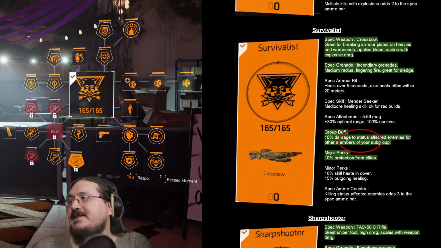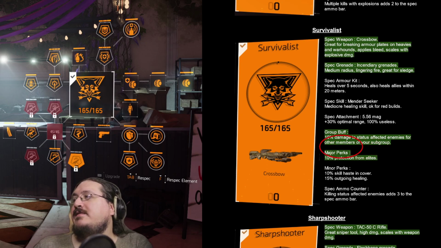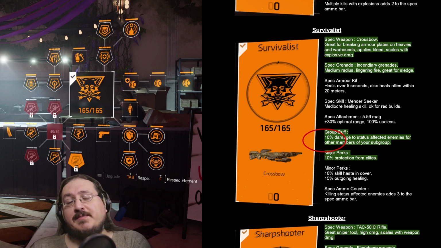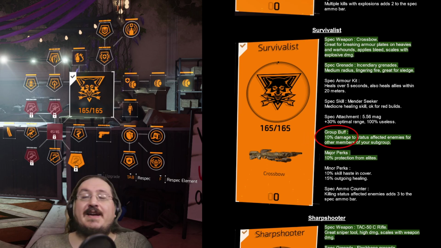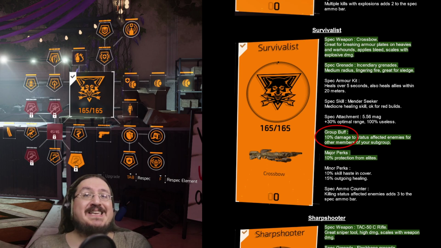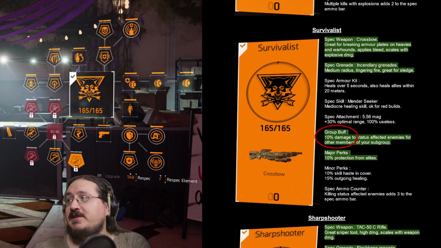Then as the group buff, this has one of the best group buffs, which is that it gives 10% damage to status-affected enemies for other members of your subgroup. So again, it is for other members within your subgroup, and only your subgroup, so not, for instance, an entire raid or the entire countdown, but only your subgroup, and it's not for you. You don't have to be the one applying the status effect. It's for just the enemies being status affected, and enemies are status affected a lot,